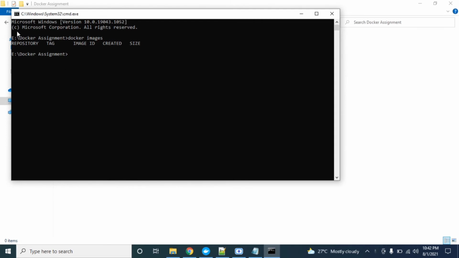So I'll create a MySQL image first. Docker run --name DB, where DB is the name of the container that I'm giving here. Hyphen t, port 3306:3306. E stands for environment variable, whichever environment variable you want to pass. Currently I'm going to pass here the password for the database created in a Docker container, that is MySQL root password. Let's say 123.